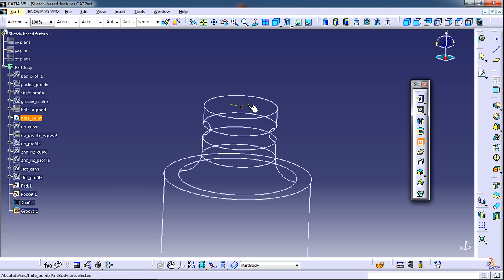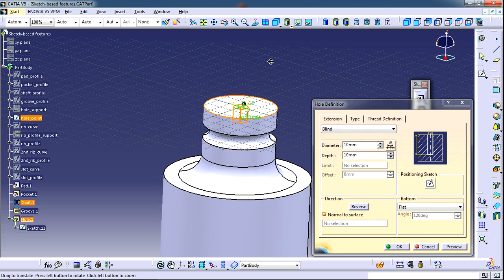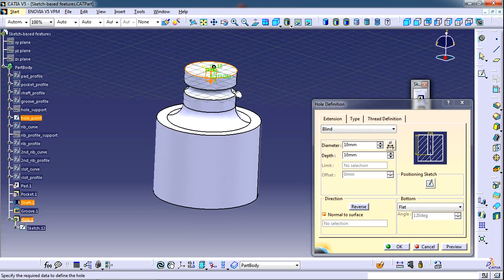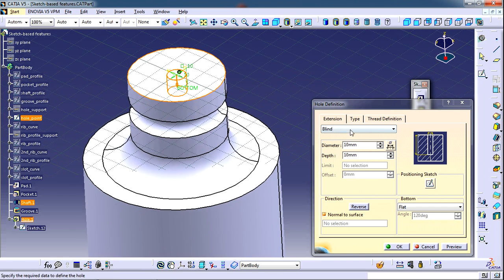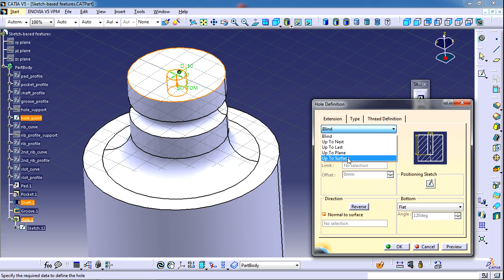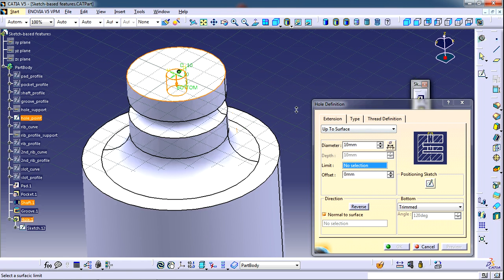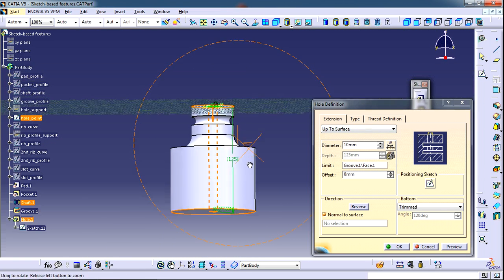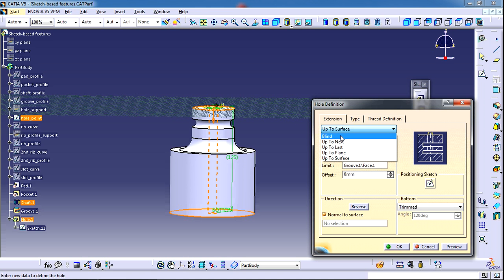I'll first select the position, then I'll select the support, which is this top surface, and then this hole definition dialog box will open. This is the extension panel. The hole is blind, that means I need to enter the depth. If I wanted a through hole, then I could select this up to surface option and then select this surface, or up to last will also work. However, at this point I want this to be blind. I will enter the distance as 50 mm,